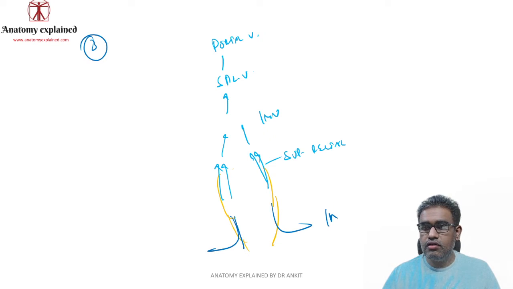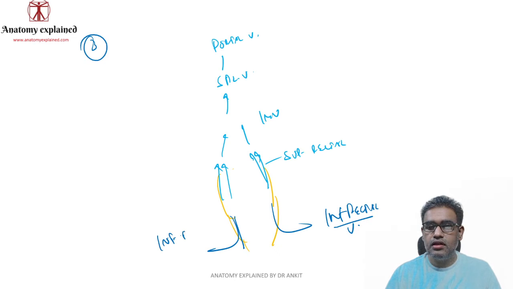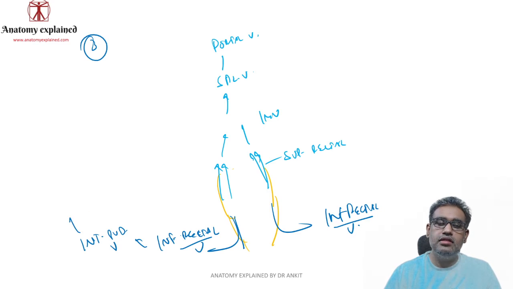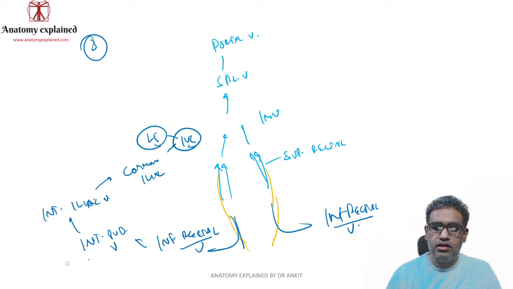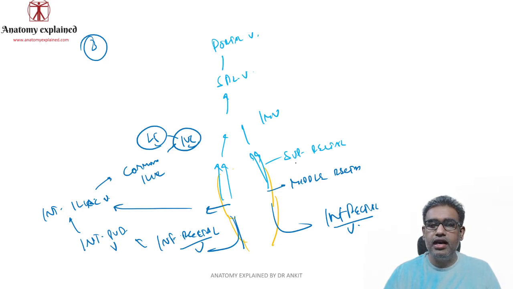It always has an inferior rectal vein on both the sides. Okay. Now these inferior rectal veins are draining into the internal pudendal vein. Okay, and these internal pudendal veins are going to the internal iliac vein. Fine. Internal iliac vein is going to the common iliac vein, that is actually forming the IVC at the level of around L5 on both the sides. In around 40 to 50% of cases, we also see a middle rectal vein, again that is draining itself into the internal iliac, same route.